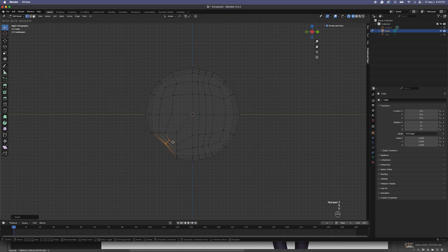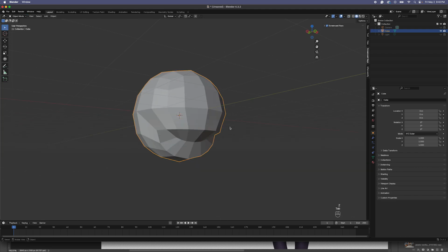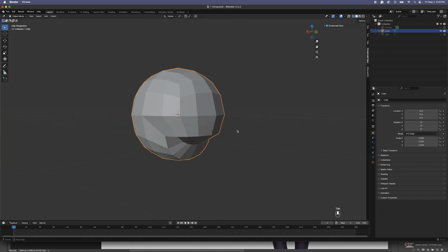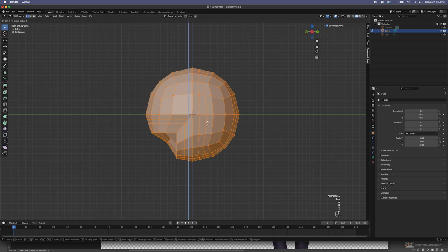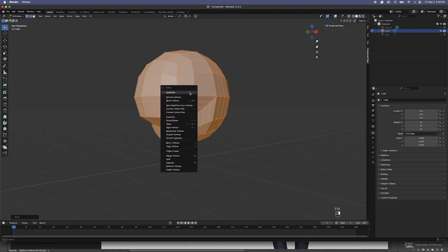and then I'm going to scale that down, but I don't think we need to. I want to add 3 edge loops in here. We got this weird looking thing, but what I'm going to do is I'm going to right click and I'm going to come down here to smooth